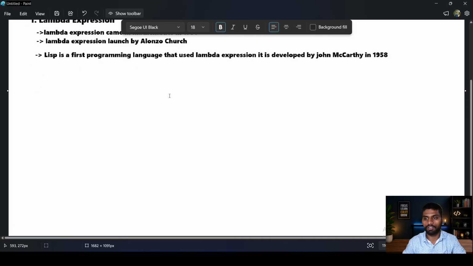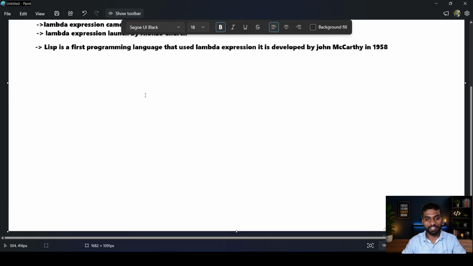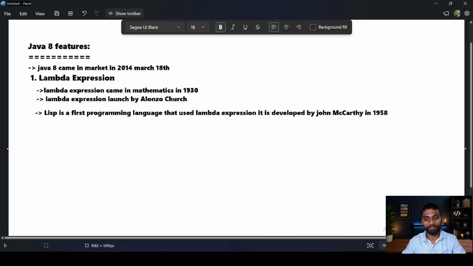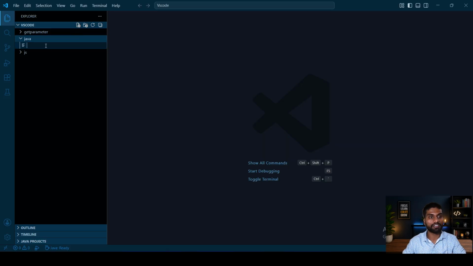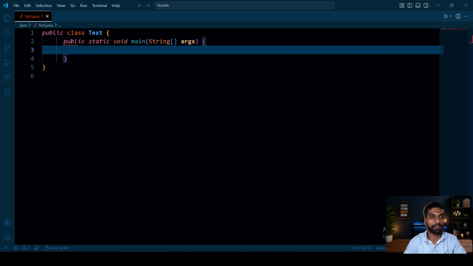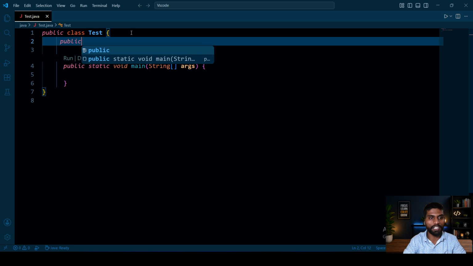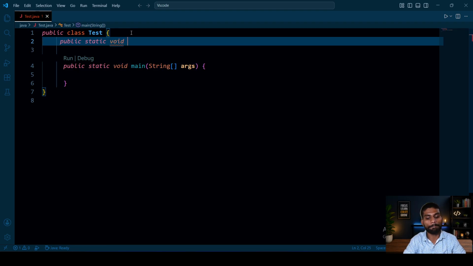Next, I want to show you some examples in Java of how to write a lambda expression, which we will learn in today's class. Okay, so I need to open my VS Code window. I will show you first how we write code without a lambda expression, and then with a lambda expression. Okay, this is my main method. See here. Suppose I create here one function that is public static void, find a square.